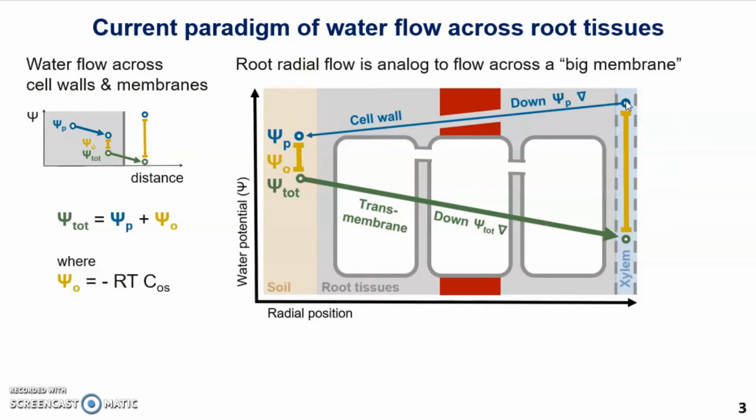or less negative values. In case there is a breach in the apoplastic barrier, then there is an extra pathway for water through the cell walls downhill of pressure potentials. This configuration is very similar to the one that you can see here on the left for the simple membrane, and that is why root radial water flow is often considered as analog to water flow across a simple big